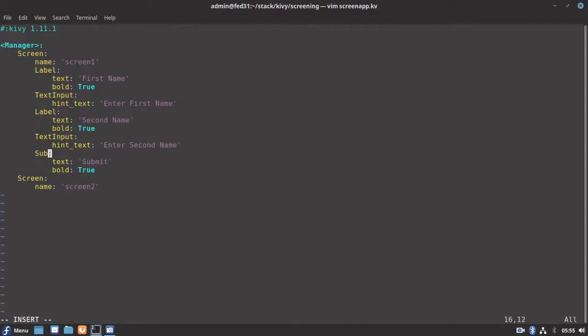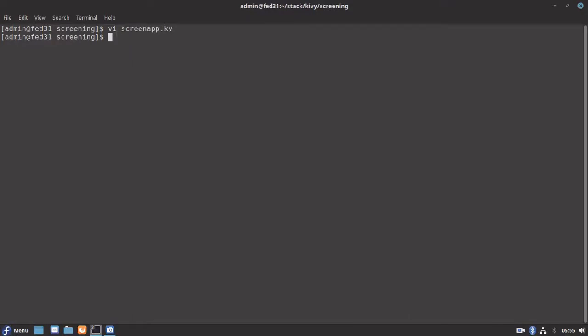Actually, this should be the main button. There is no submit widget like anything in KV. So this is our button with the text submit. Okay. So let me run it again.